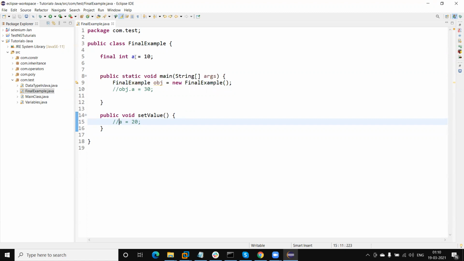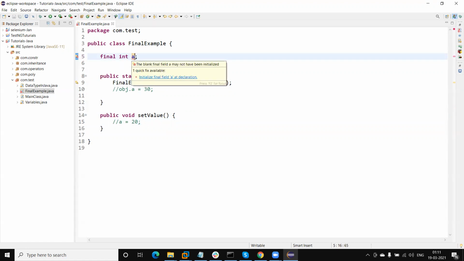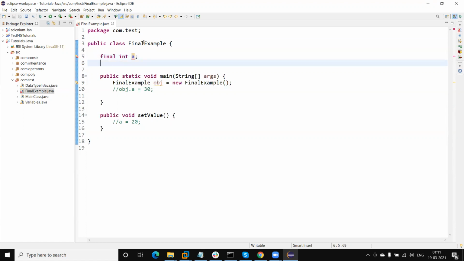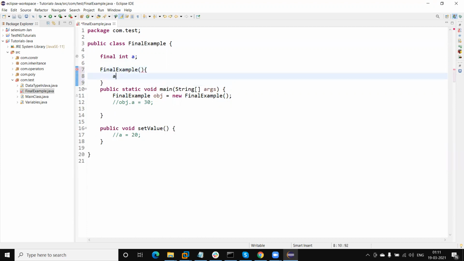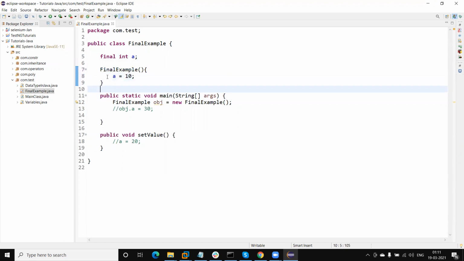Second thing, we can also create a final int without initializing it. This is known as the blank final variable. It is not initialized here, so we need to initialize this variable. Now you can see the error is removed.